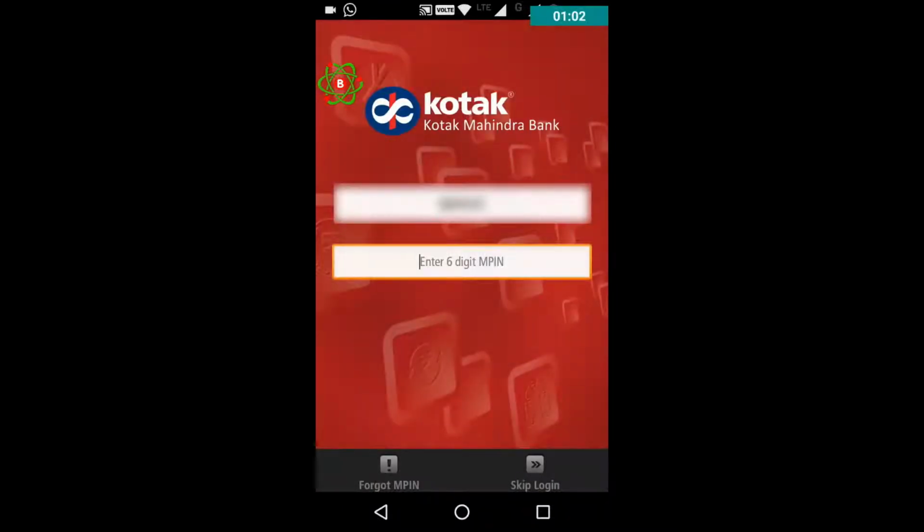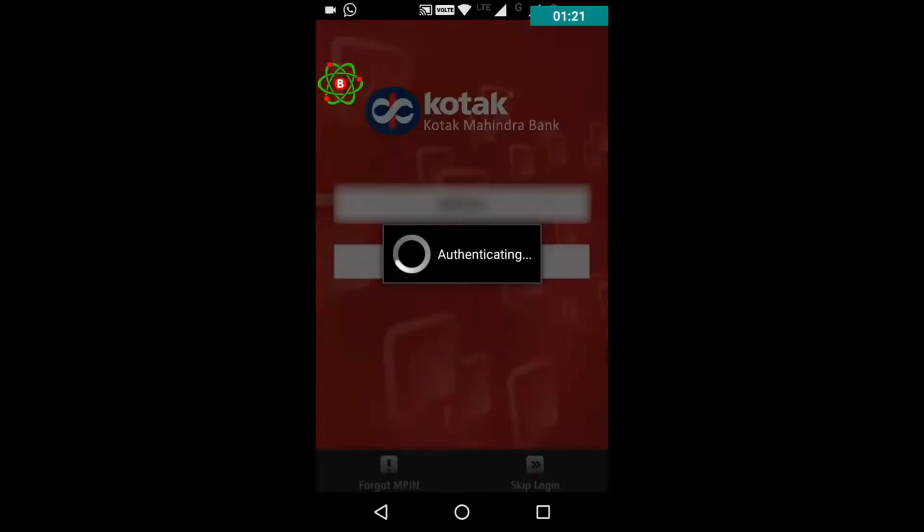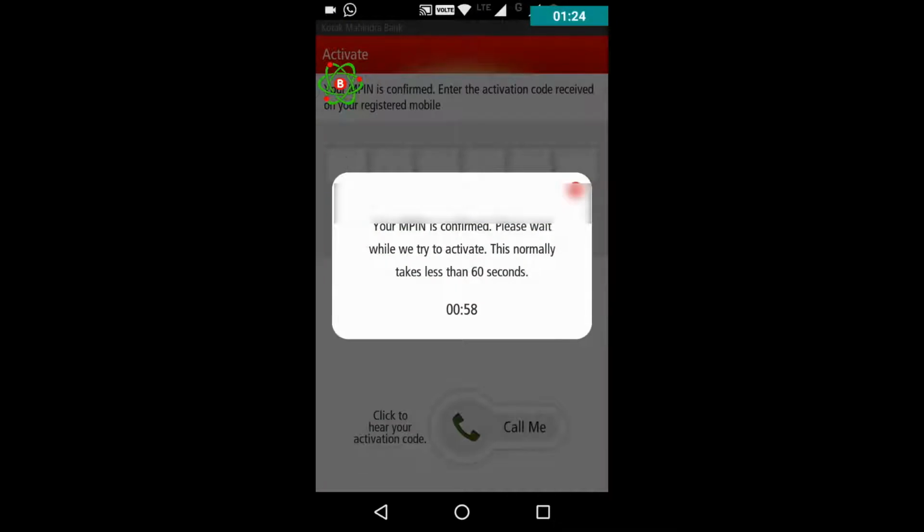Here it is asking for the 6-digit MPIN. Basically I already set the MPIN in another mobile, so I am moving to this new mobile and installing here. So I already have the MPIN, so I just need to enter my MPIN here. Yes, MPIN is confirmed, and